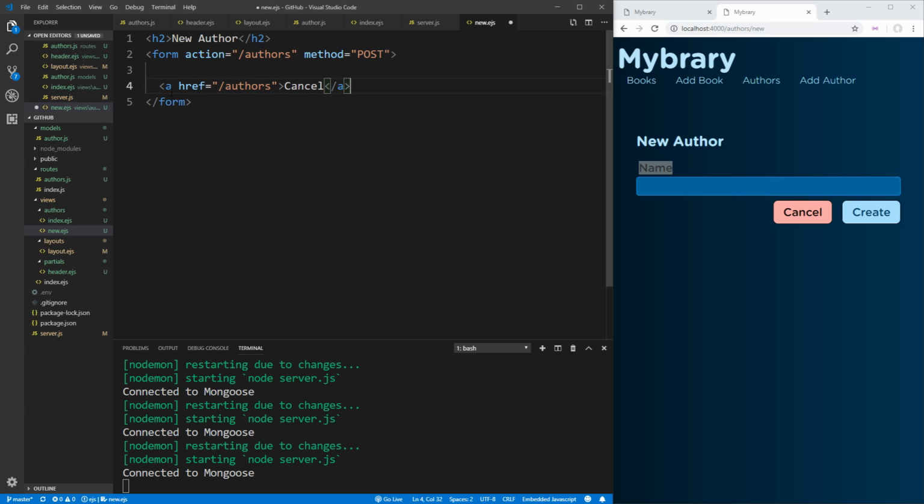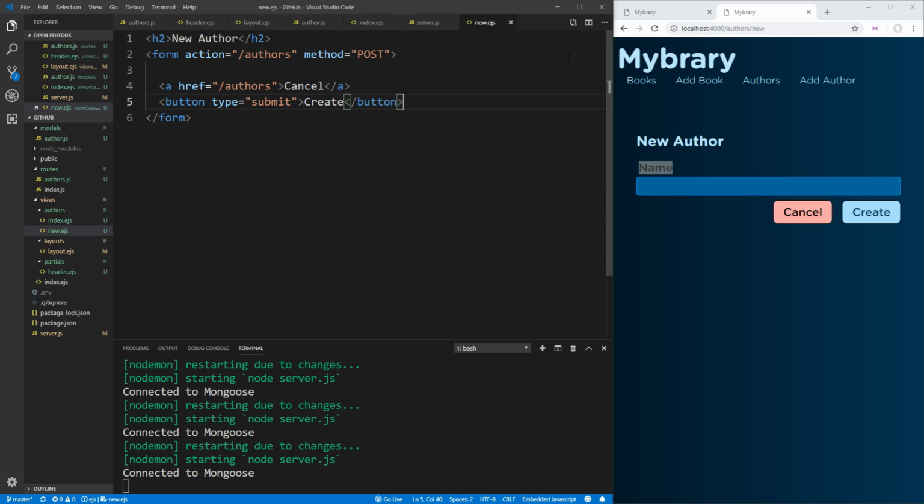And the reason we're using an anchor tag here instead of a button is because anchor tags are used to link things and buttons are used to interact with forms or other objects. So for submitting our form, we're going to use an actual button, and we need to make sure we set the type equal to submit so that the page knows that this is the button that actually submits the form that it's inside of. And then inside of here, we'll just put the text create, and we'll close off that